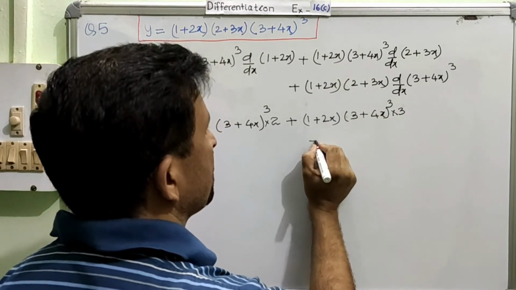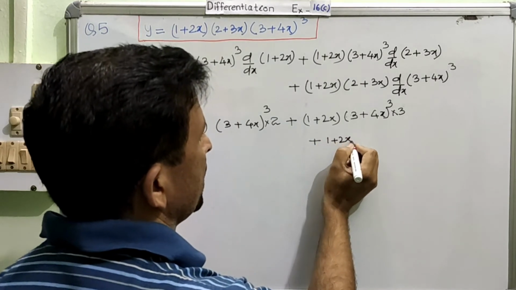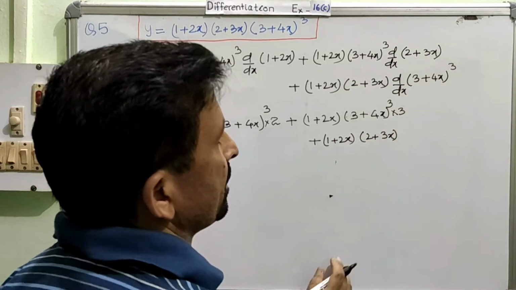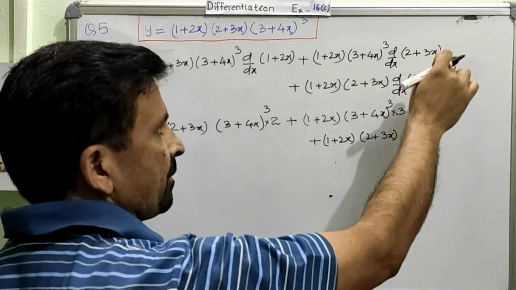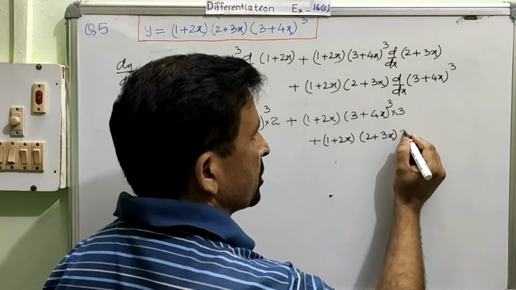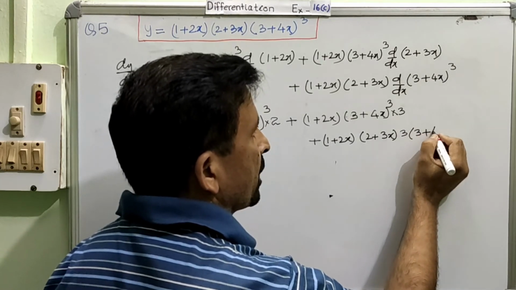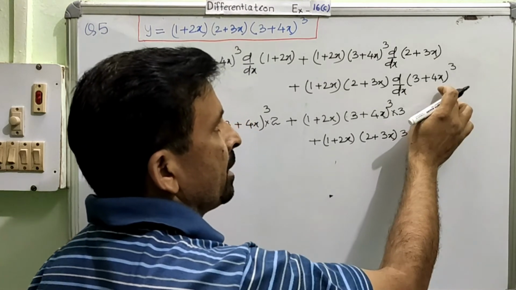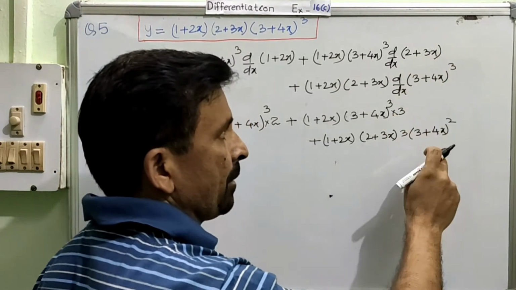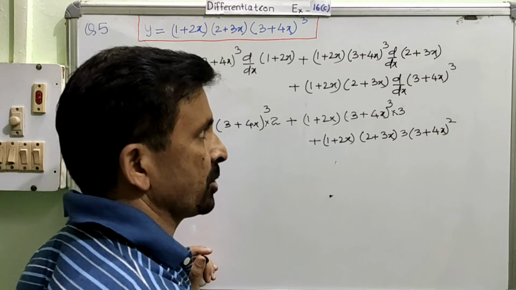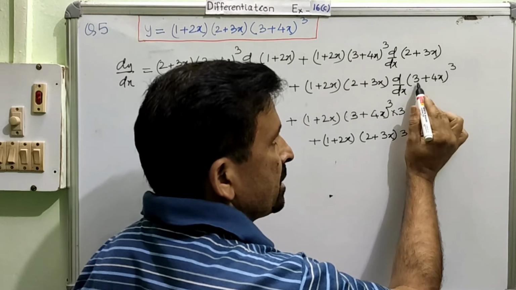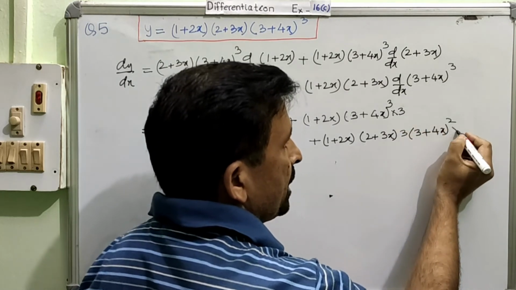Okay, the last part I will write here. 1 plus 2x will be as it is, and then 2 plus 3x will be as it is. We will now find the derivative of this. So first of all, we will find the derivative of the power, and then we will find the derivative of the base. When you are finding the derivative of the power, it becomes 3 into 3 plus 4x whole square, the x to the power n formula. And when you are calculating the derivative of the power, the base will remain untouched, right? Nothing to do. And now we are going to calculate the derivative of the base. So the base is 3 plus 4x. This derivative will be 0, and from here you will get 4. This is 4.